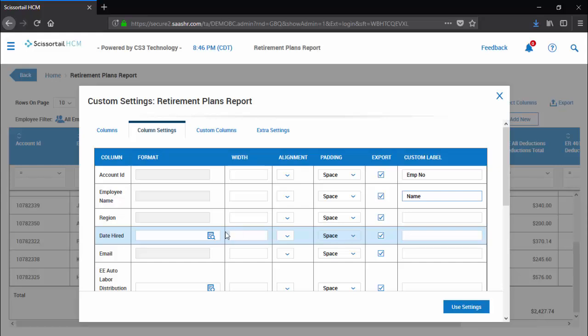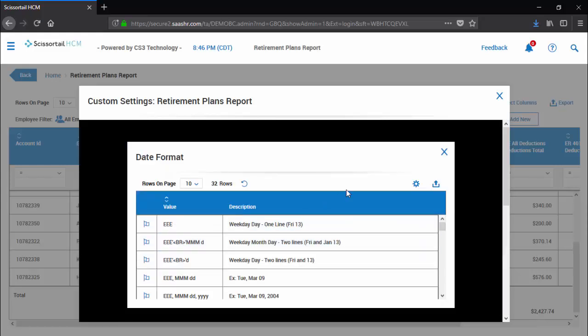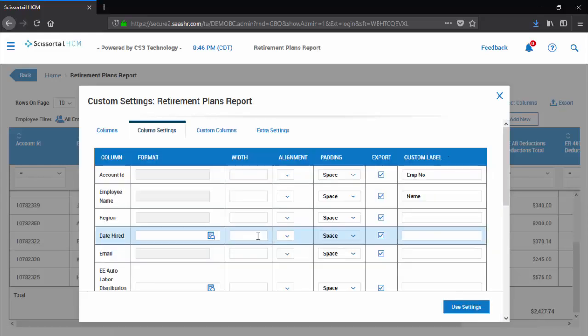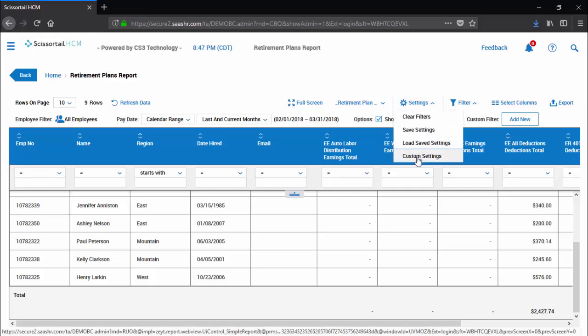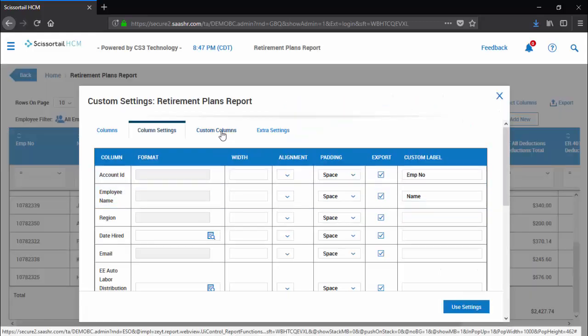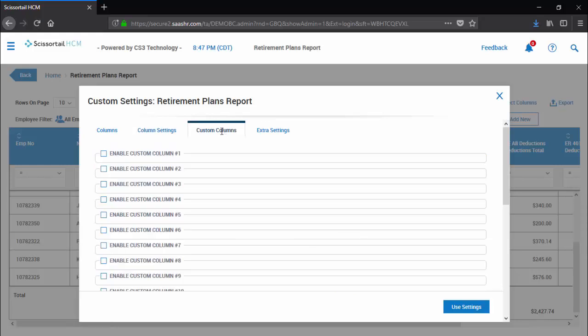Here I can also adjust format if I wanted my dates to be formatted differently, set default widths, alignment, or spacing, and select which columns I want to export. Changed my employee number field. From custom settings, I can also do a few other things. I can write my own custom columns,